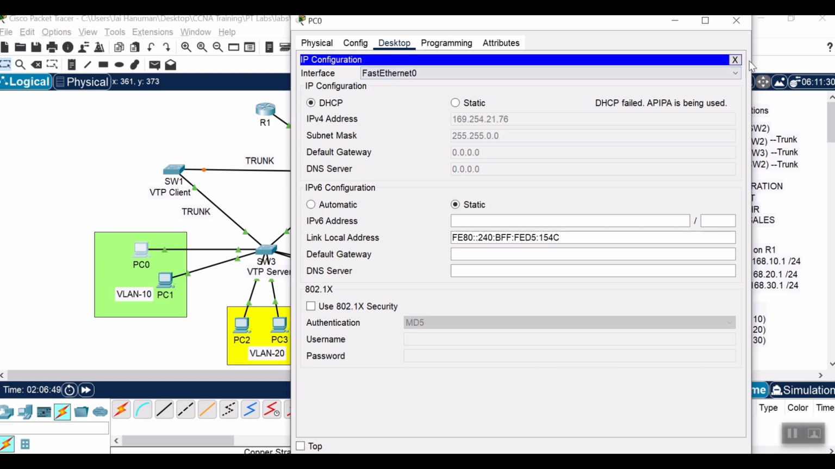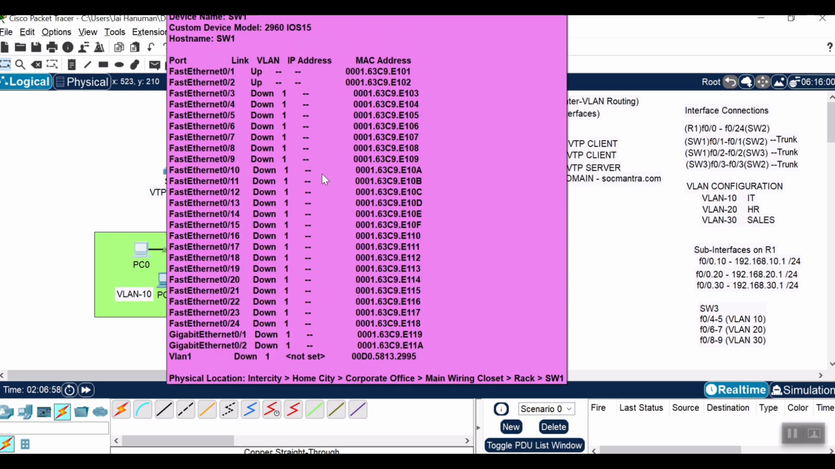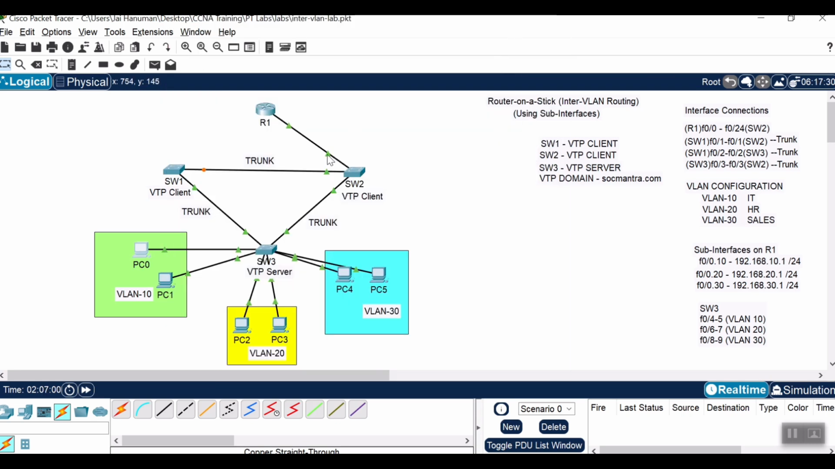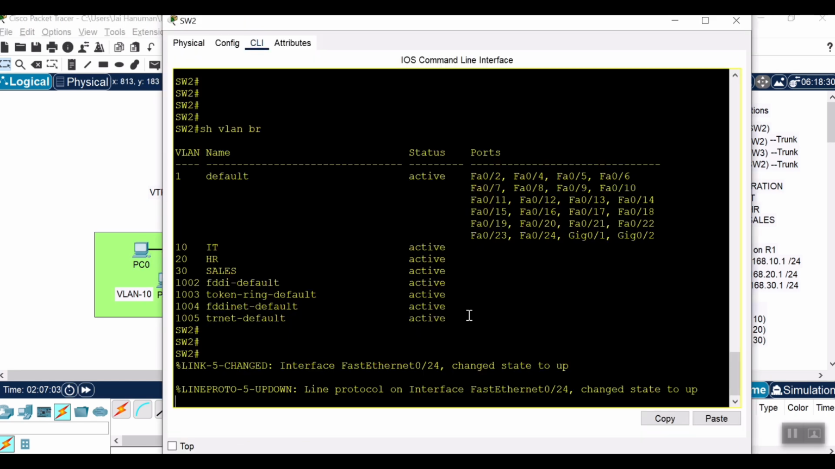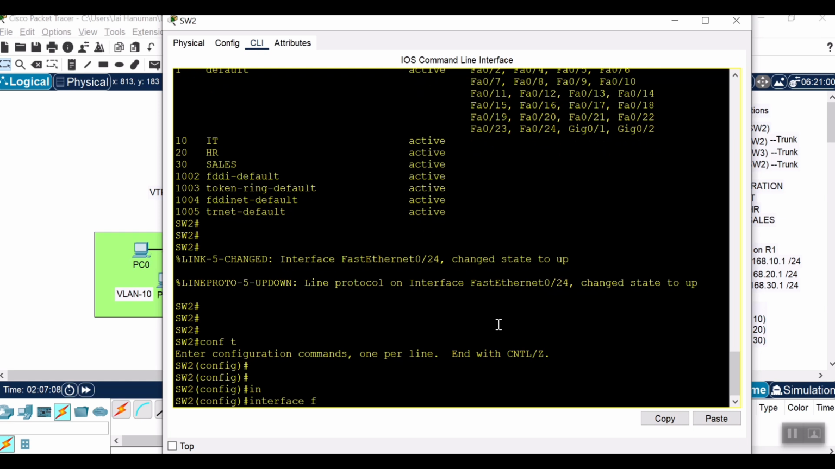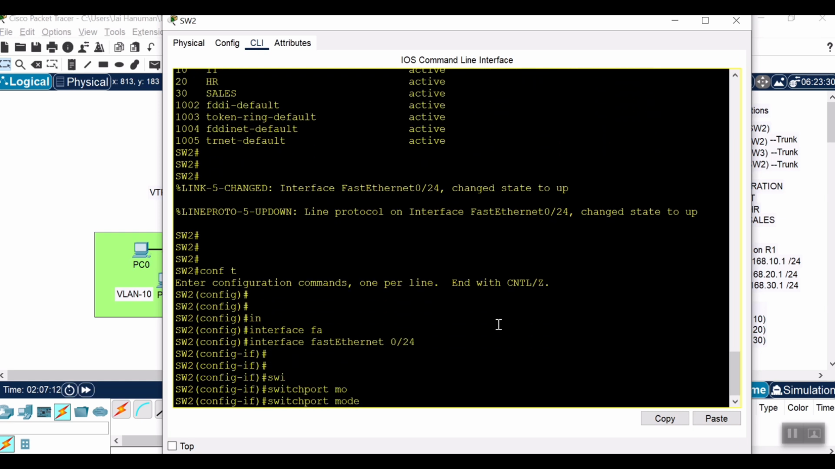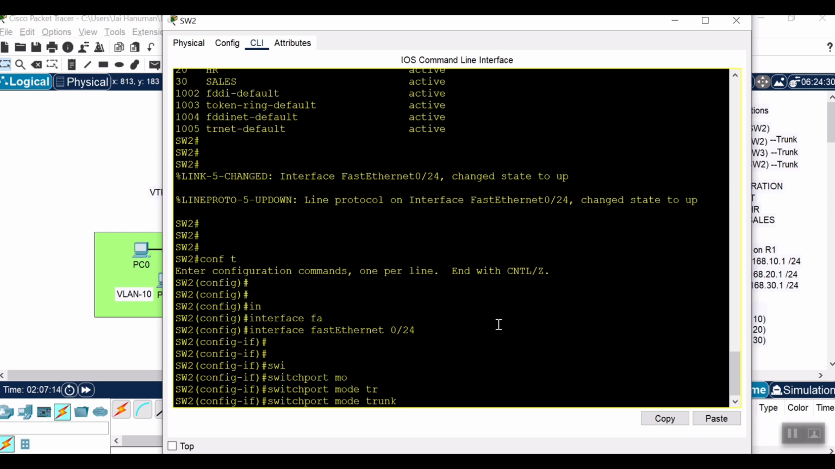We have configured the trunk interfaces on all the interfaces that are connected to the switch, but we haven't configured the FastEthernet 0/24 interface as trunk. So let's configure FastEthernet 0/24 as trunk on the switch, because only if you configure trunk will the VLAN information be transferred from the switches to the router and from the router to the switches. Okay,